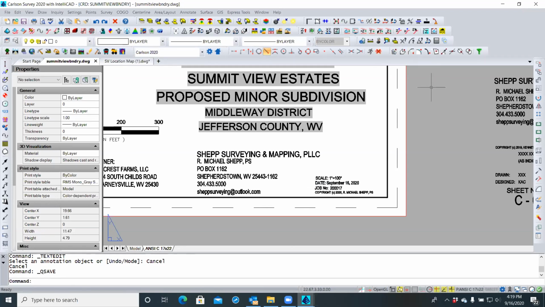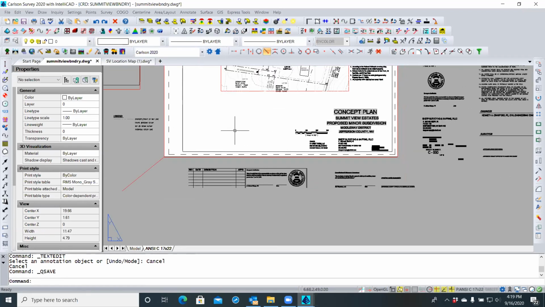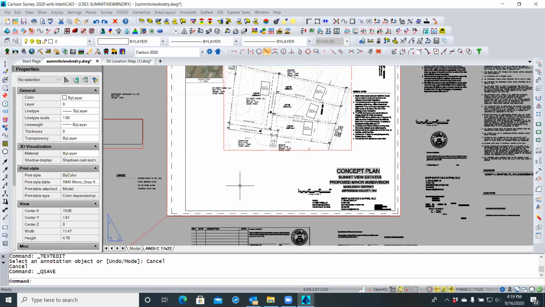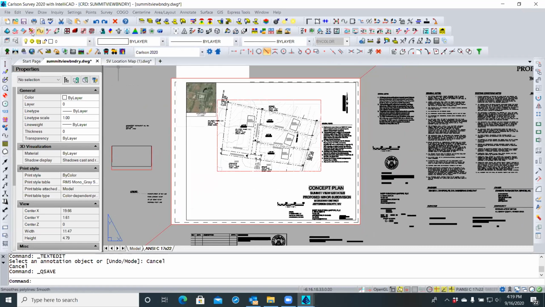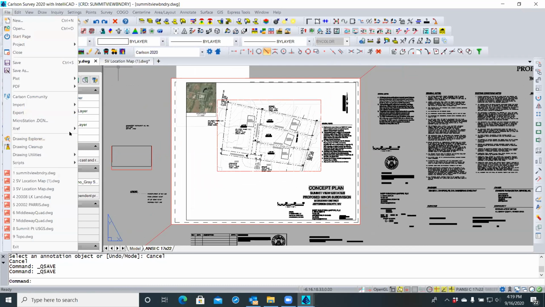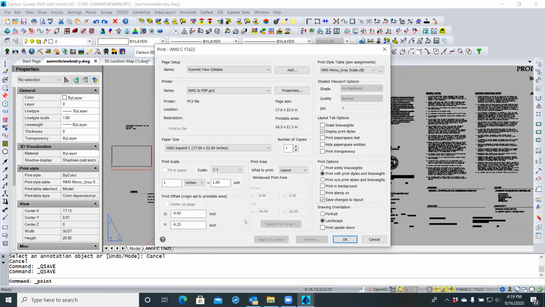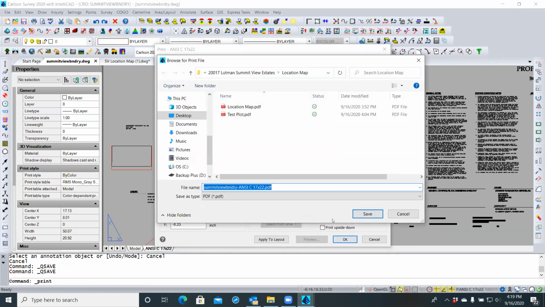All right. Okay. You are marked concept plan, so that's all great. And if it's good to go, we should be able to, first of all, save your drawing. I did. I'll save it again. All right. And do a plot, make sure everything is copacetic. And all that looks fine. And you're going to put it, you can type any name you want. Call it Summit View or SV concept plan, something, wherever. But realize you're in your folder called location map. I see up at the top as well. So